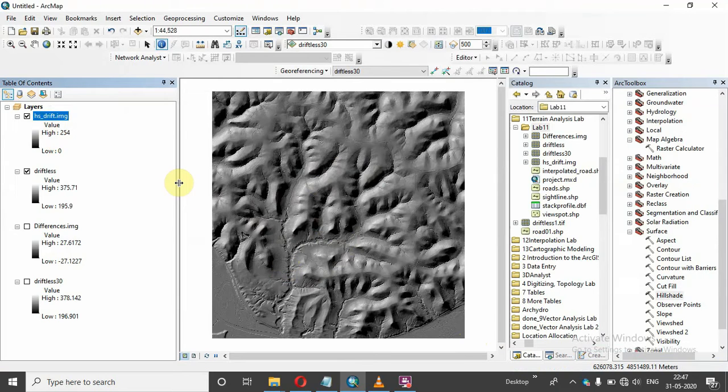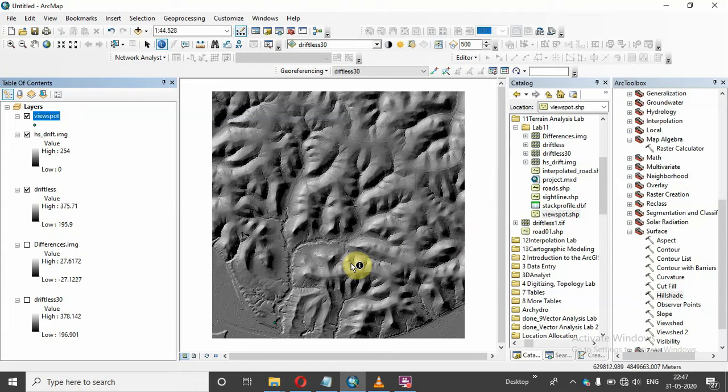Now, moving forward towards a viewshed, we have to add a point as a view spot. It can be a single point or it can be multiple points. To understand this very clearly, I have taken only one point here.